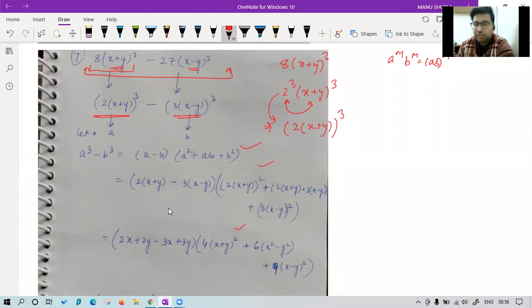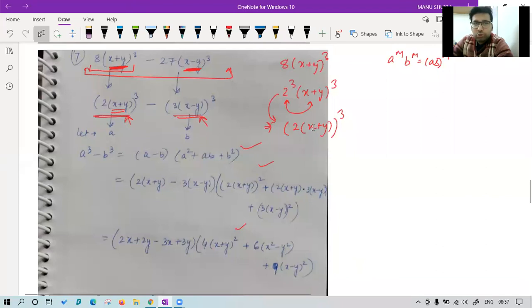Class, any issue in this thing? What I have done is, I have taken the complete thing. Instead of opening x plus y whole cube, why can't we think in this way? Class, please confirm. I understand many of you might have opened these brackets and then simplified the question. But better if we see it in this way. Please confirm. If you want to ask anything, if you want to discuss anything based on this question, I can unmute you also. You are free to discuss whatever you want.